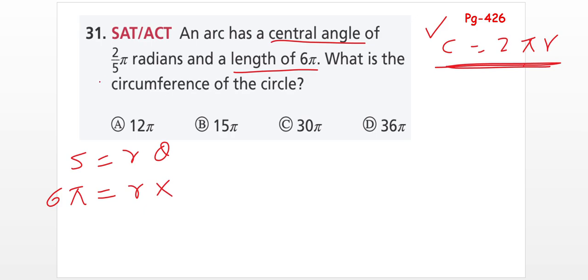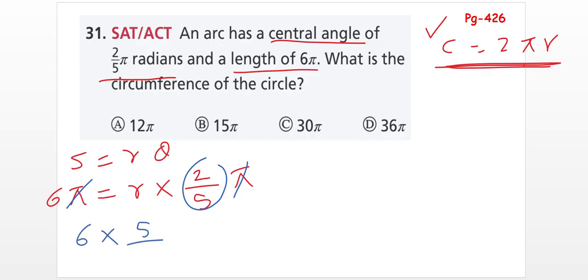And what is the angle given in radians? It's 2 over 5 pi. Now what can we cancel from both sides? We can cancel this pi from both sides, and to move this fraction to the opposite side, it will be flipped, so it will become 5 over 2 equals r. So the value of r will become 3 5s are 15, so the radius will become